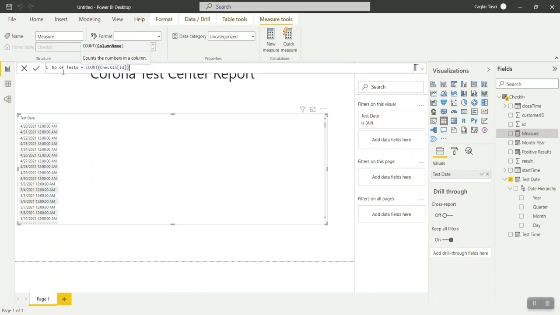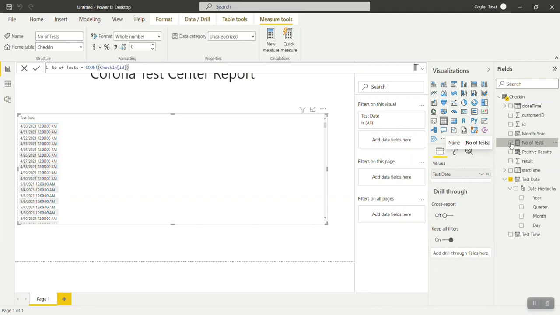So now you can see that this number of tests is here, and you can also see that it's marked as a calculator, and every column out here is marked with the data type, right? But for every measure that we create, it's only marked as a calculator. So I will be adding this. So let's quickly do that.